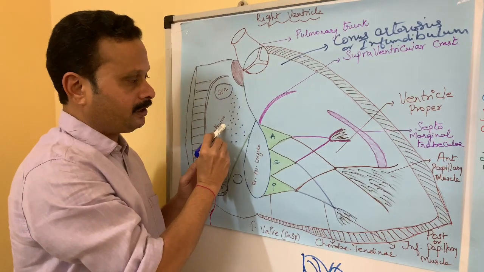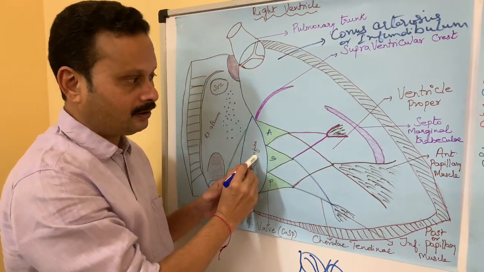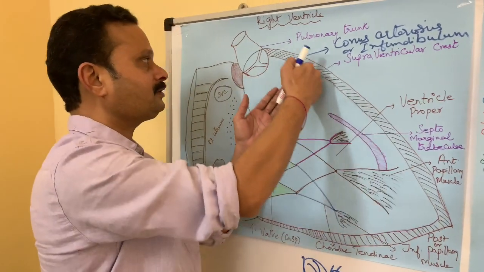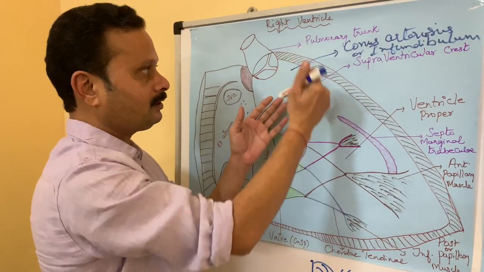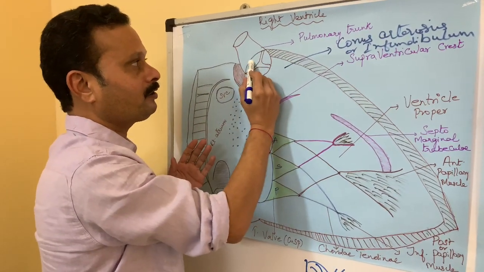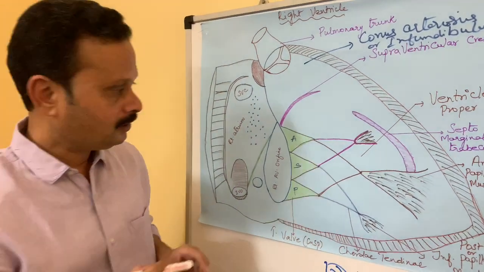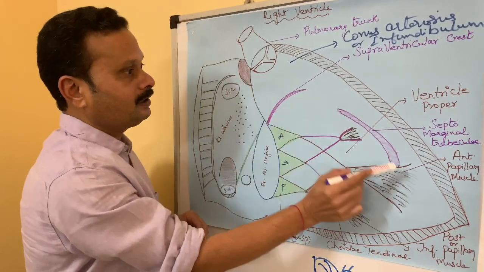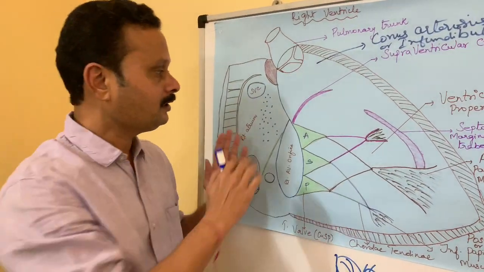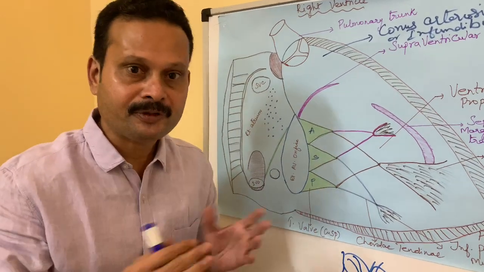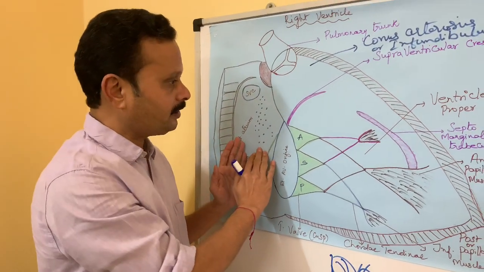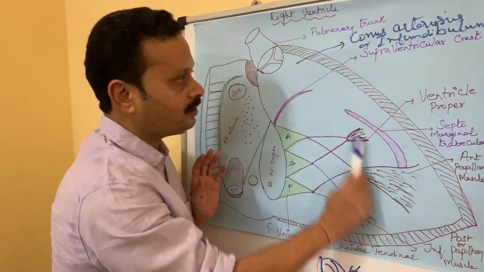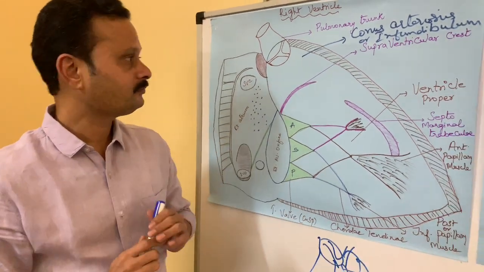The blood from the right atrium passes through the right ventricular orifice to reach the apex of the heart, and from there the blood is pumped into the smooth part, the outflow tract, through the pulmonary orifice into the pulmonary trunk. The flow of the blood from the right atrium to the right ventricle and from the right ventricle to the pulmonary trunk takes the form of an obtuse angle.